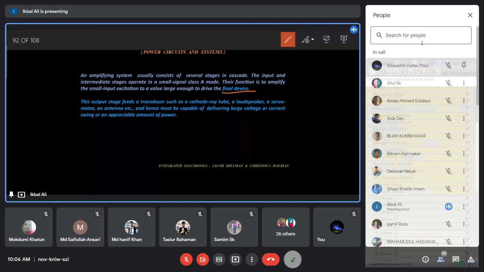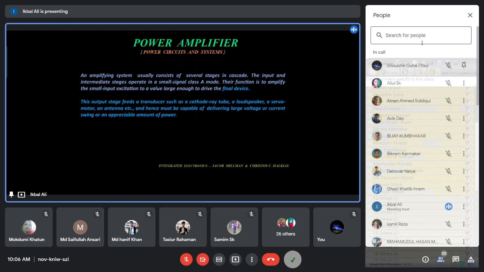So there you require the power amplifier. So this power amplifier is the important stage of the amplifier. The final stage of the amplifying system, the final stage, you should have a power amplifier. This power amplifier only can boost the AC signal to such a high level of voltage AC swing or current AC swing, or the power of the AC signal will be such that it can drive the final device, the transducer device. So that is why you require a power amplifier, and why we need to discuss the power amplifiers.